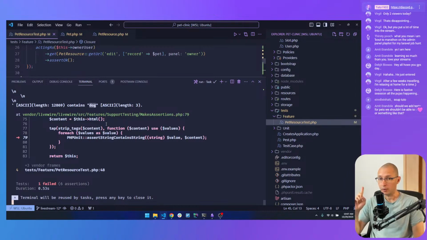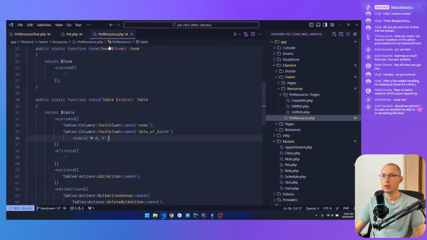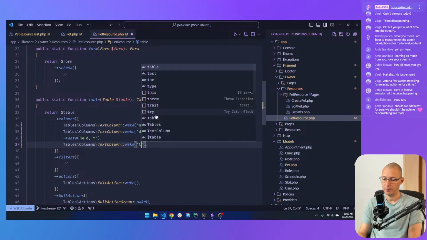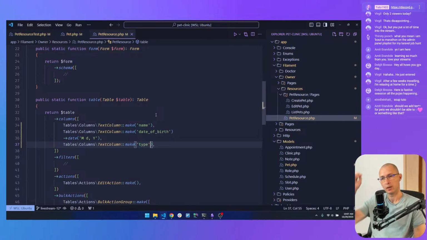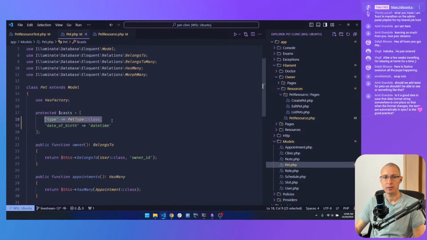So even if I add the column right now, it's still going to fail. And let me show you. So if we follow the same routine, we add another column like this, and it's going to be a text column for the type. But because we are casting that column as an enum class,